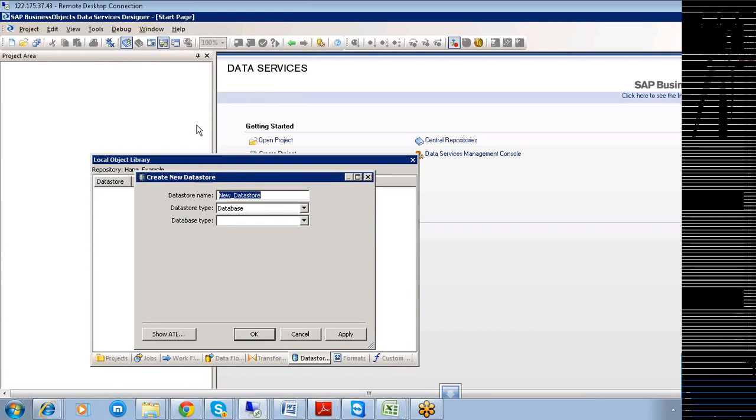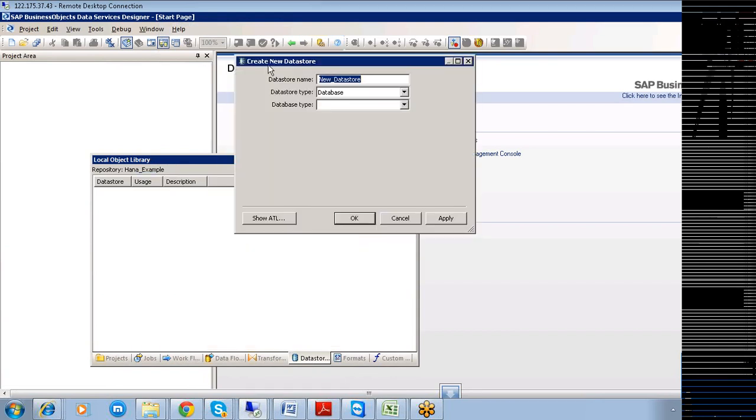I want to create HANA_ECC_example like this.